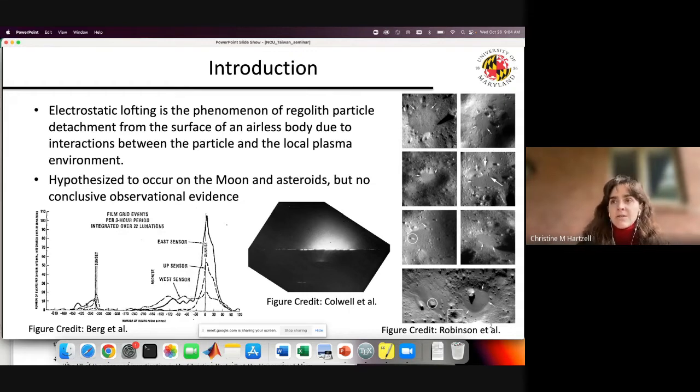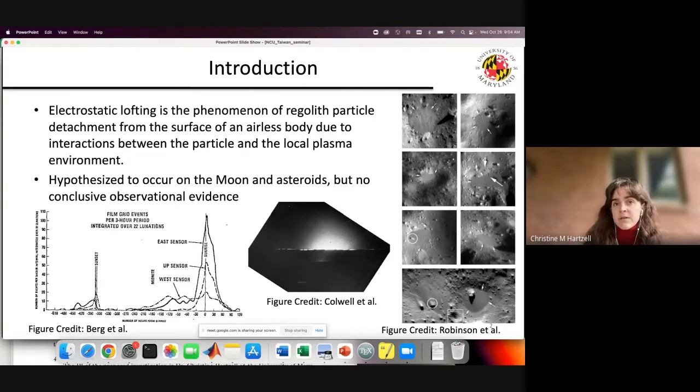And so those instrument results have been interpreted as evidence that dust is moving around on the moon. But neither of these observations is really conclusive. There's still some uncertainty about whether or not dust lofting or levitation occurs naturally. But if you think that dust lofting or levitation does occur on the moon, then it's natural to extend that